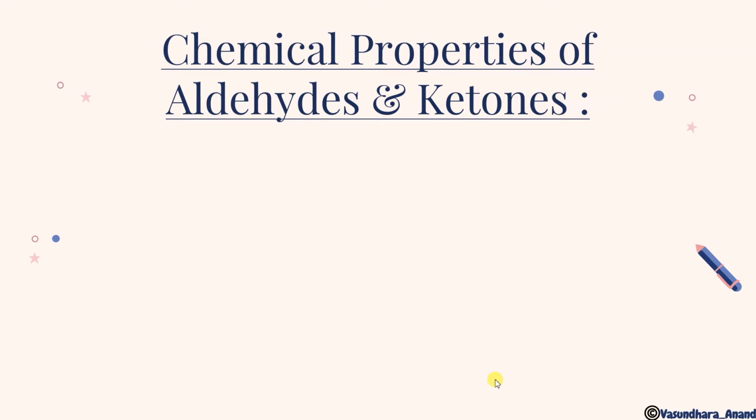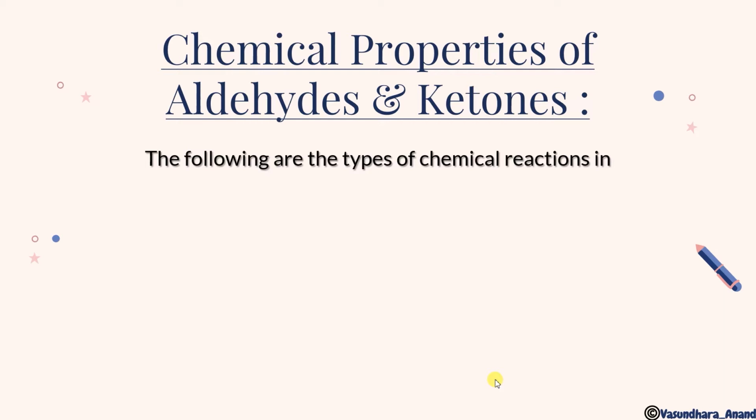Now, we are going to start with the chemical properties of aldehydes and ketones. I have told you that the C=O group, if it is primary, will be an aldehyde, and if it is secondary, it will be a ketone. In ketones there is a steric factor, steric hindrance, because of these 2 carbons, but in aldehydes there is less steric hindrance. So if we compare the reactivity, aldehydes are more reactive than ketones because of less steric hindrance. Okay, so let's start with this.